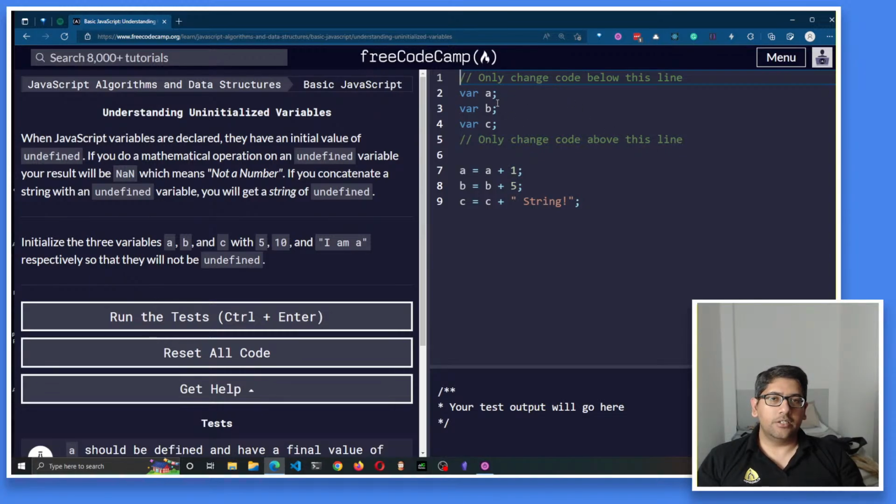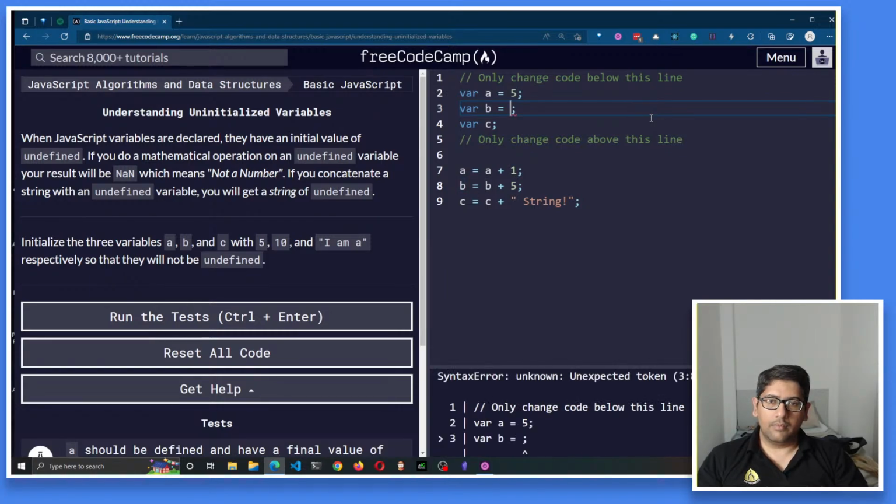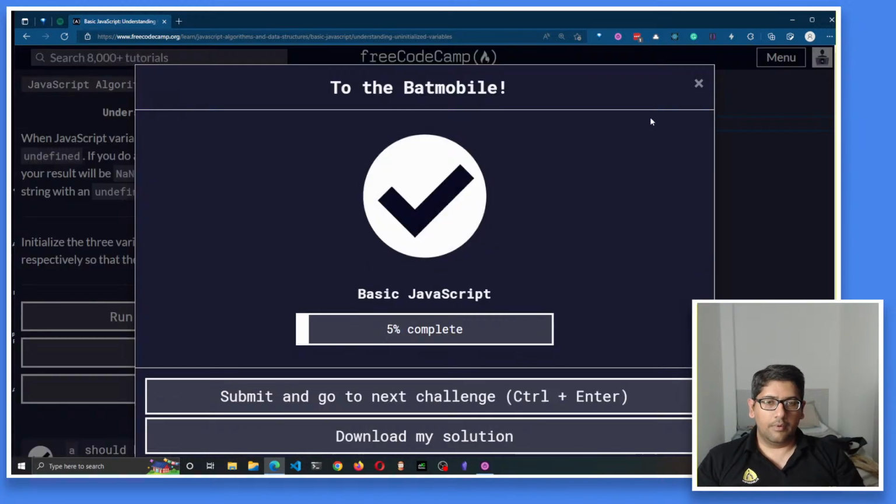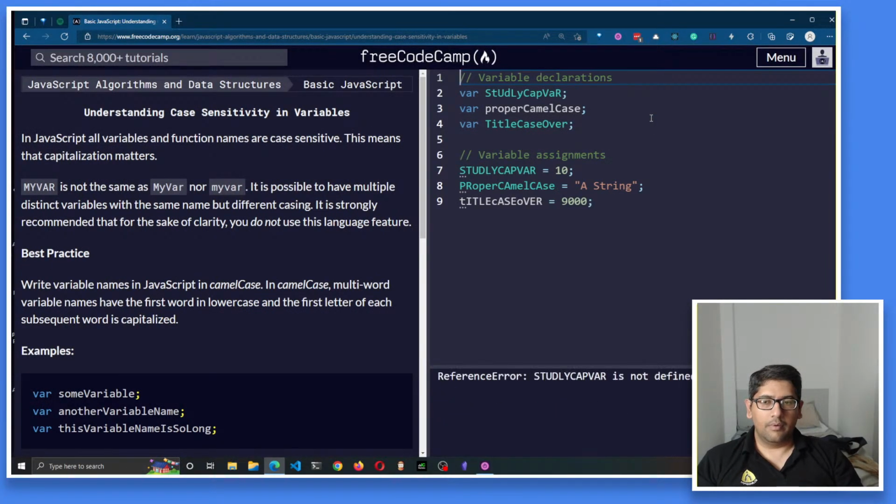It says only change code here, so we have to make var A equals to 5. B equals to 10. C equals to